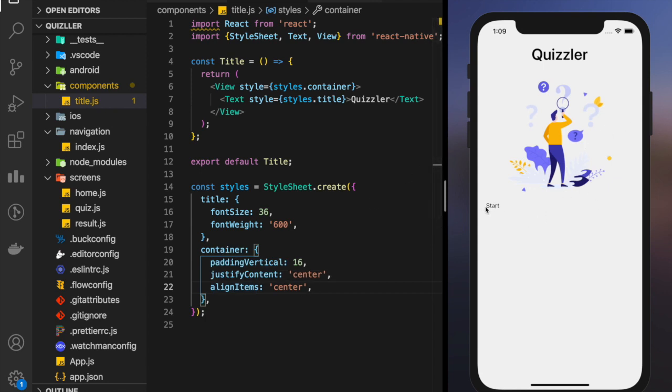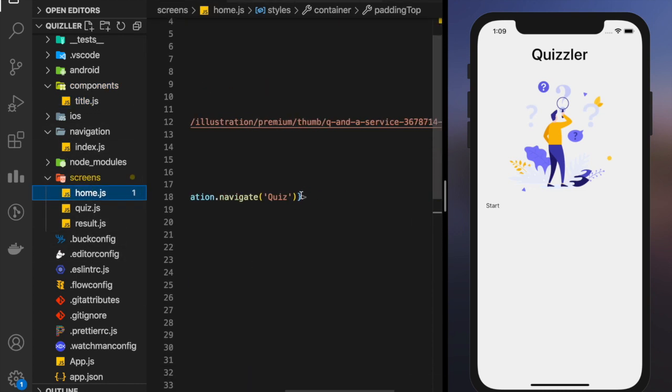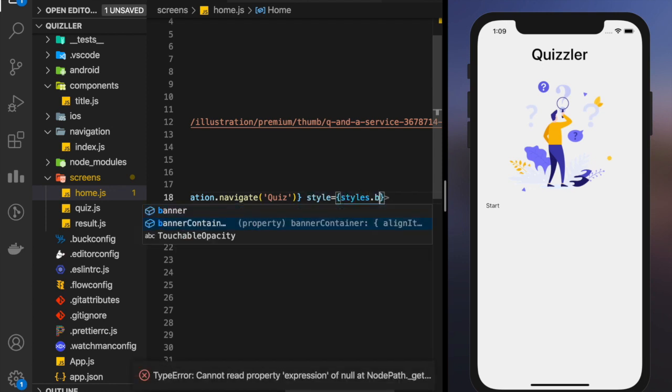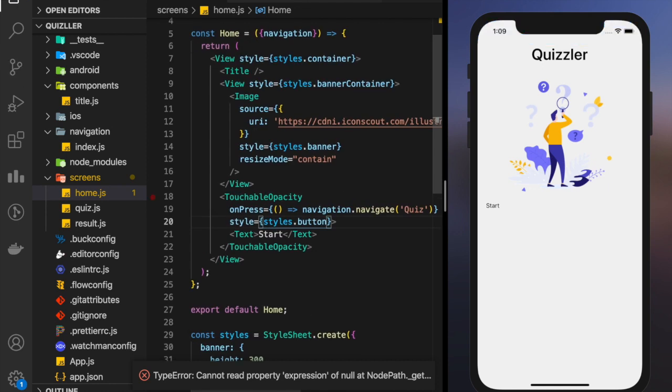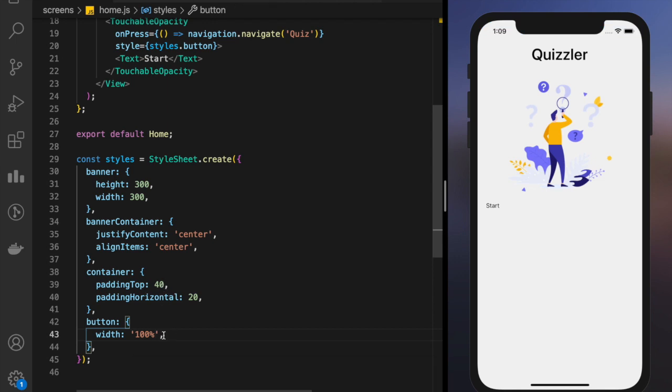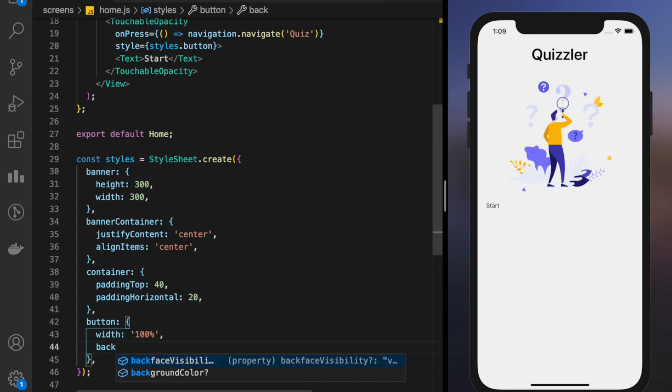Now I just have to design this start button. I'll create a design for the button that I can use everywhere. So okay, let's go to start button here. Let's give it a style here, styles dot button. All right, close this one. Okay, now it has a button style. Let's give it a width of 100%. Now you see, if you are passing it as a number, it can be passed like this. If you're giving percentage, you have to pass it as string. Now let's call it a background color.